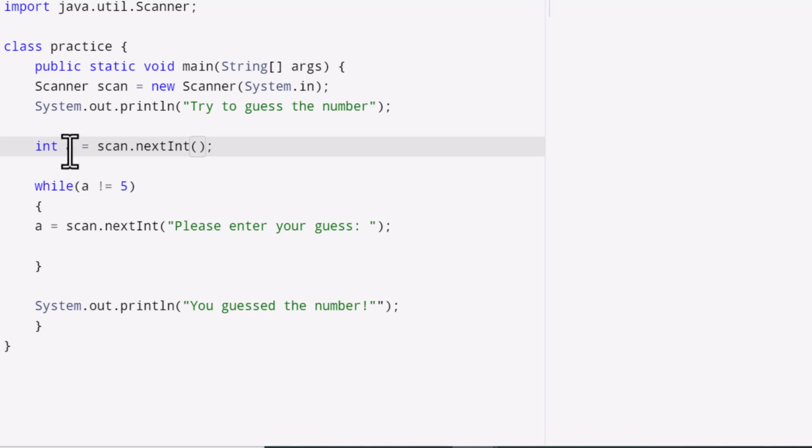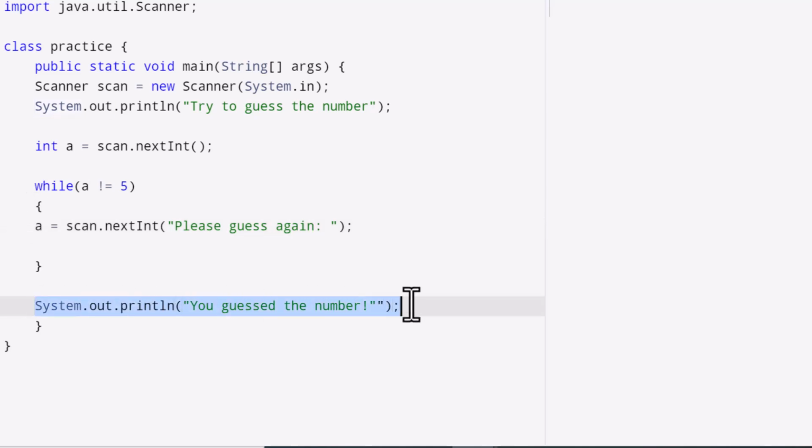Say while the number that they entered is not 5, it's going to go into the loop. And then it's going to keep asking us, please guess again. We'll do that instead. Okay, so this is please try to guess the number, and then we're going to accept a number in. Now, if the user happens to type in 5, then obviously that's not going to allow us to enter the loop. So down here, outside of the loop, I have a print line that's just going to say,